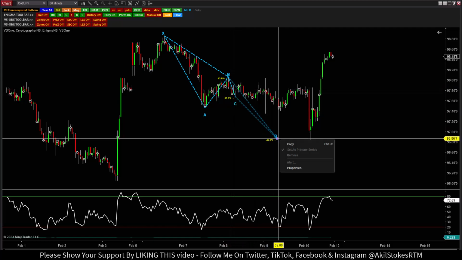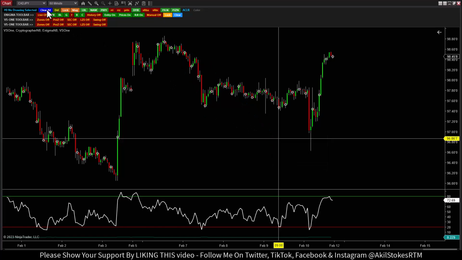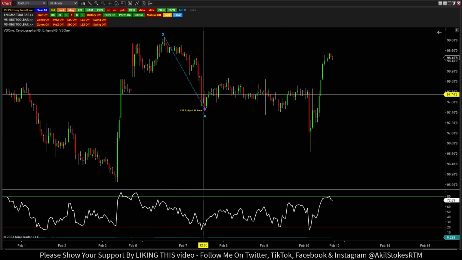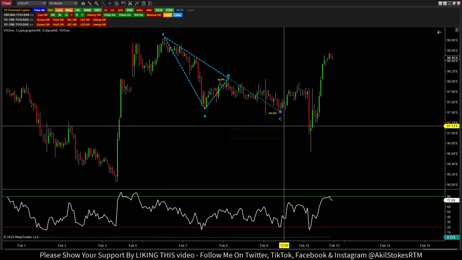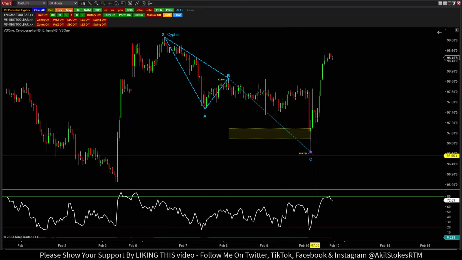Our next move down, oops, let me redo that. Let me get this out of here. Let me start over here. X to A, swing high to swing low. A to B, swing low to swing high, retracement. B to C is our extension down here, right? Now, this is very important